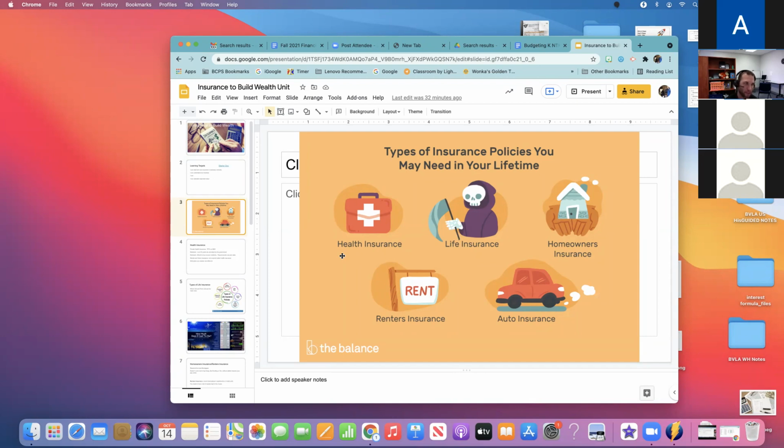Okay, so premium, for example, or risk. Those words have different meanings for insurance, and you can find those and tell them to me. Okay, there's different types of insurance. This is a very nebulous unit. There's health insurance, then there's different types of health insurance. There's HMOs and PPOs, then there's life insurance, and for life insurance you have term and whole, and then there's homeowners insurance, then there's renters insurance, and then auto insurance, and then you have all the add-ons for auto insurance.